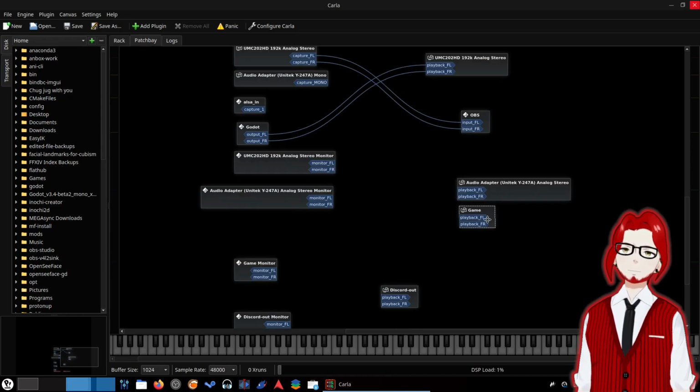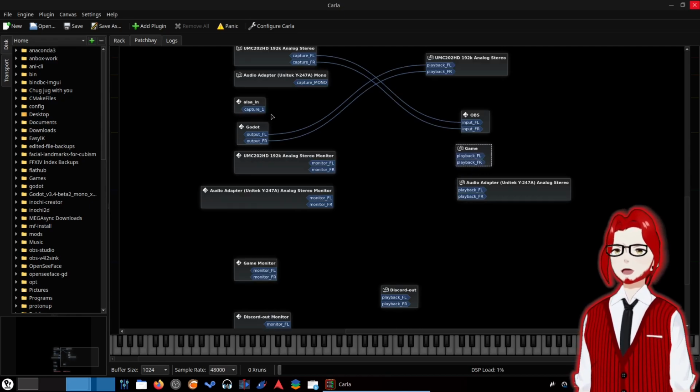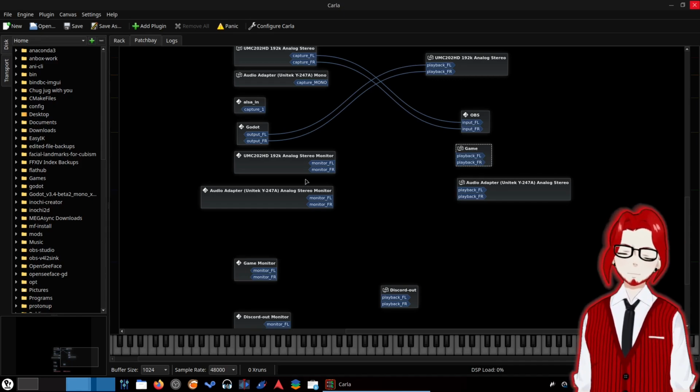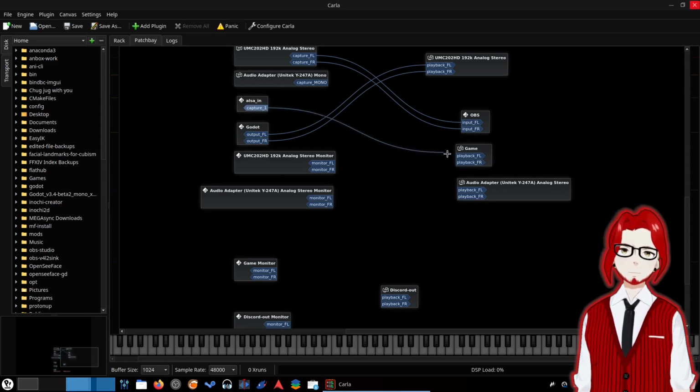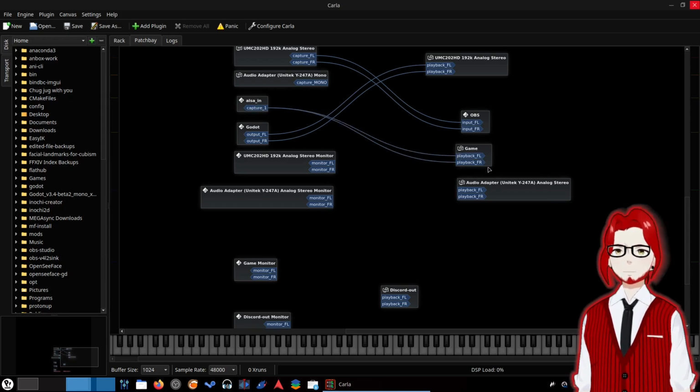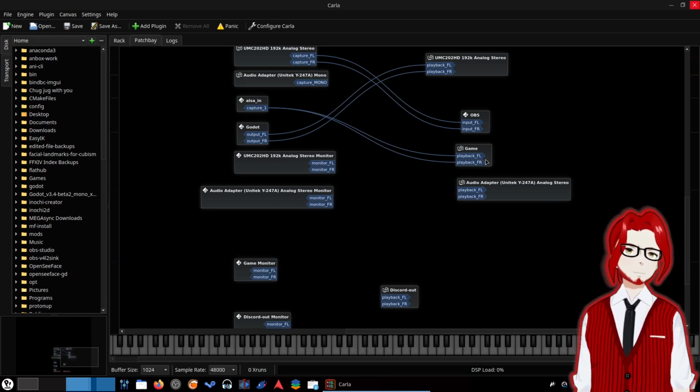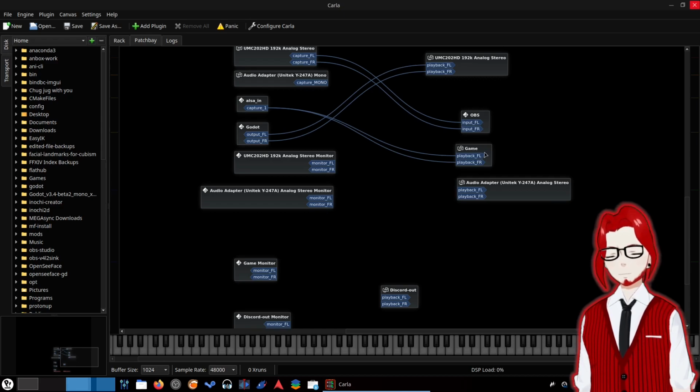So say, for example, I wanted to record, like if I was streaming last night and I wanted to capture the game audio from my PlayStation Vita, which is connected by a 3.5 millimeter jack auxiliary cable into my USB adapter. This also in source right now is one that I made specifically for that adapter to get its audio input. I would just literally click and drag that to both the left and right input because it's a mono input, so it doesn't really matter. And then in OBS, the game audio, which I have as its own little audio capture, I would select game as the audio source and it would record off of that headphone jack. So I can use that for anything.